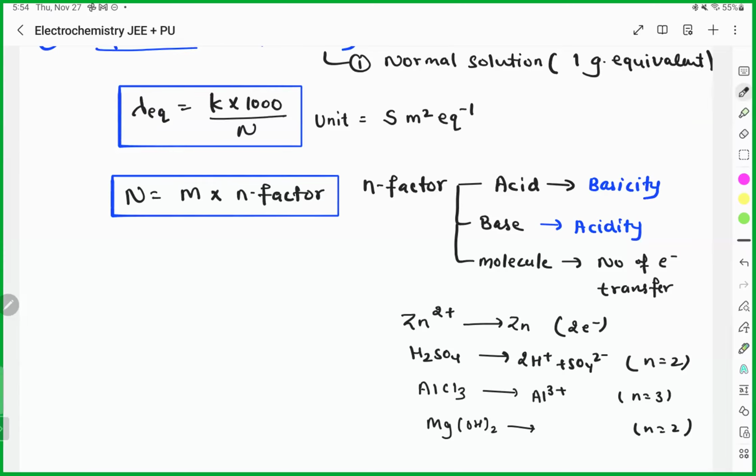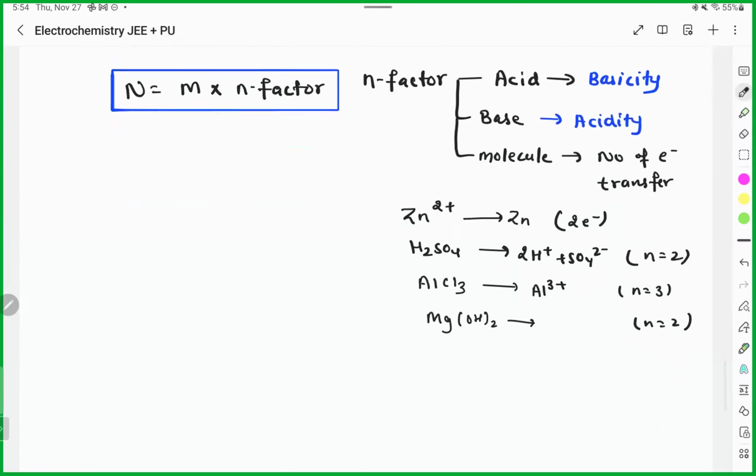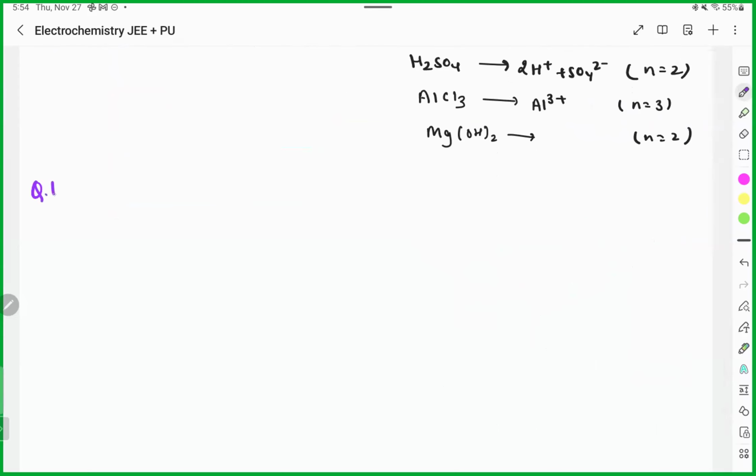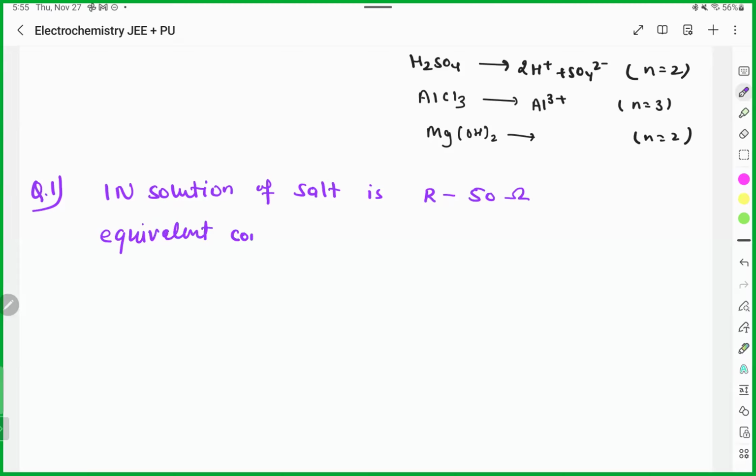But everything is theory if we don't solve questions. Let's solve some questions related to this and see how questions are asked. First question: the resistance of one normal solution of salt is 50 ohm. Calculate the equivalent conductance of the solution